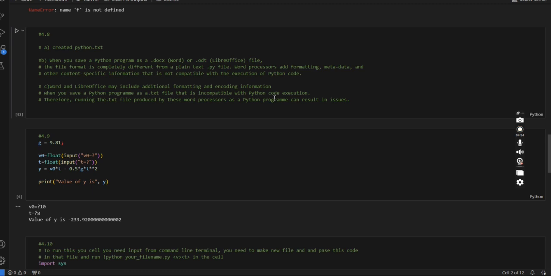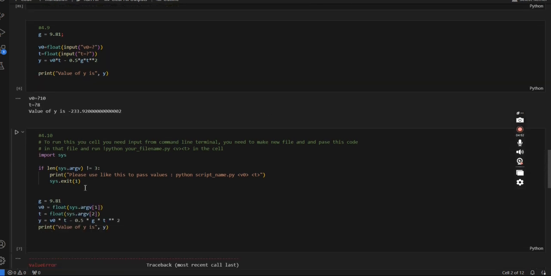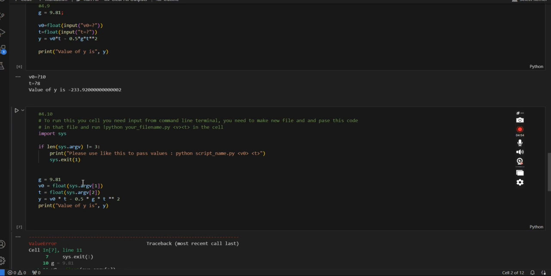I have attached the text here, hello world. So I have used that one. Even in all these things I have written here what I have done. As for 4.9, it's a practical question in VS Code. Here V0 is 10, T is 8, and Y equals 5.8. 4.10 needs input from the command line in the terminal, and we need to make a new file and pass